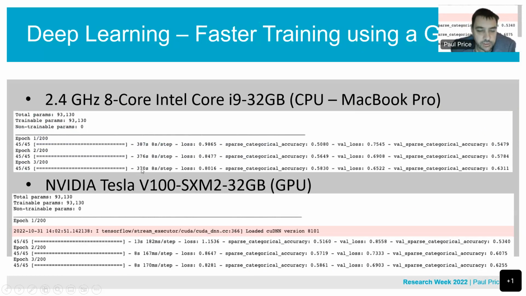If you come down here to using one of our Tesla cards, remember there's 4 of these in each server. We have 6 servers, so this is using one card. You can see that the time decrease in each step for training is 13 seconds, 8 seconds, 8 seconds. So that's an enormous jump. One of the advantages is that GPUs are really good at floating point calculations, and using the transformers essentially creates a lot of problems that are solved by converting them to floating point problems.